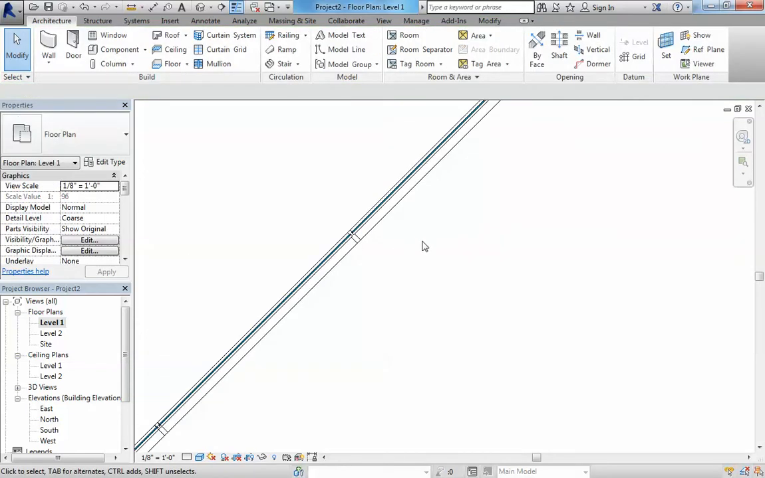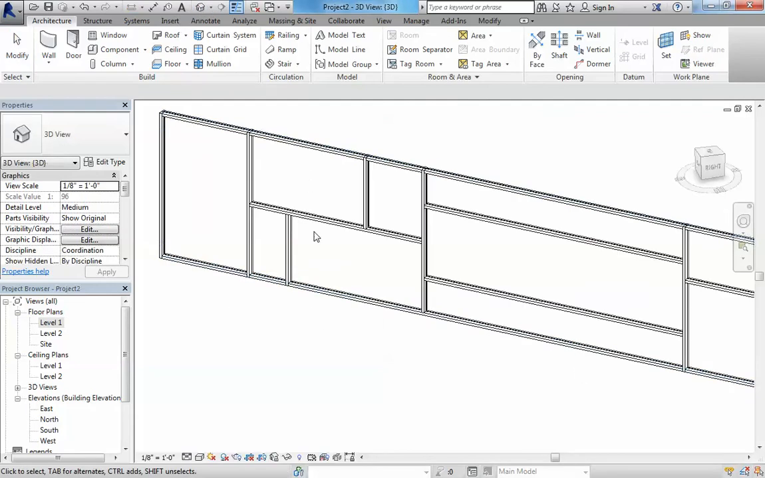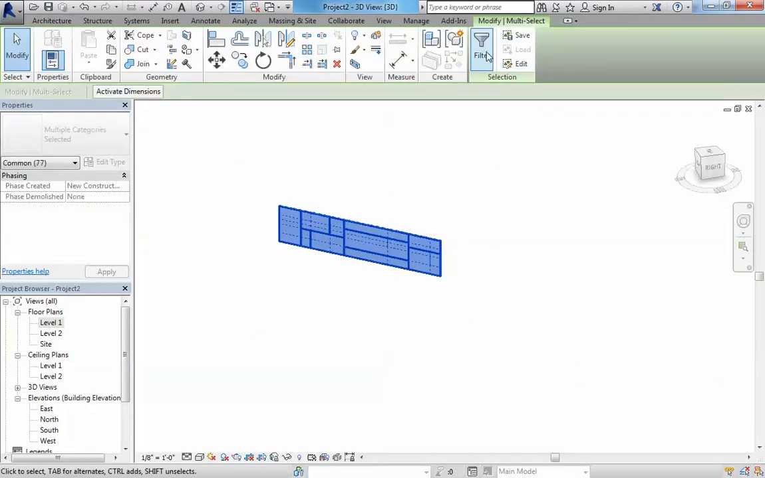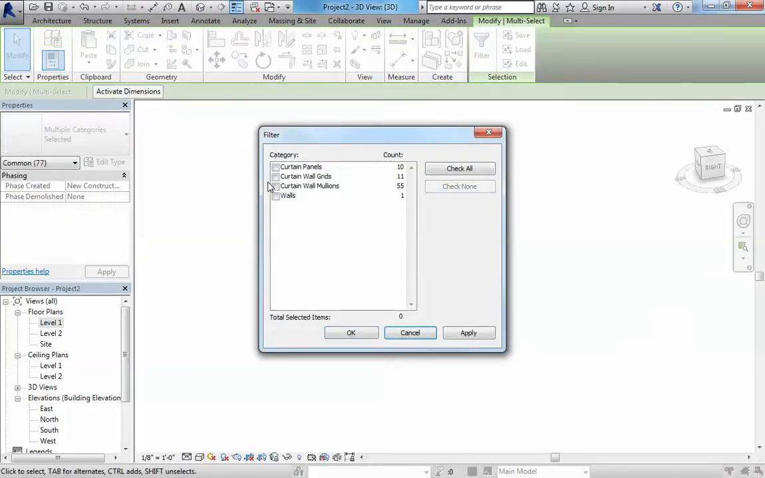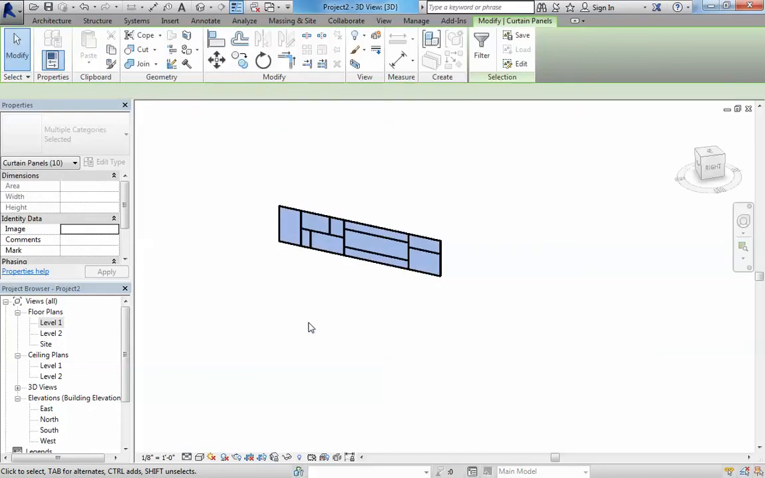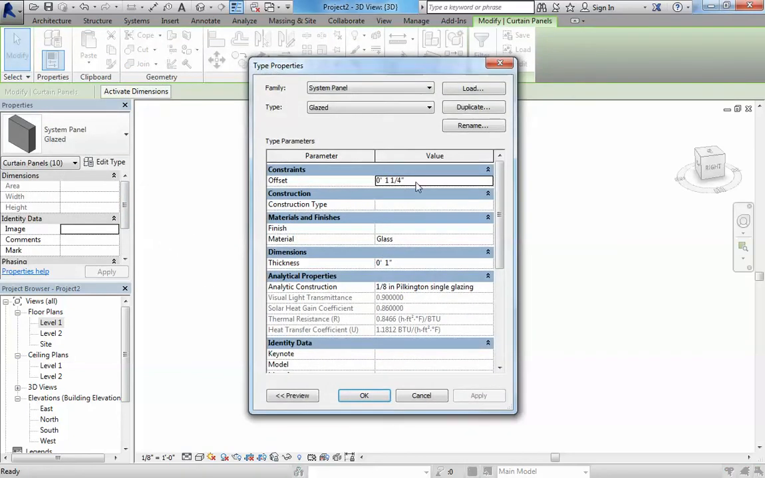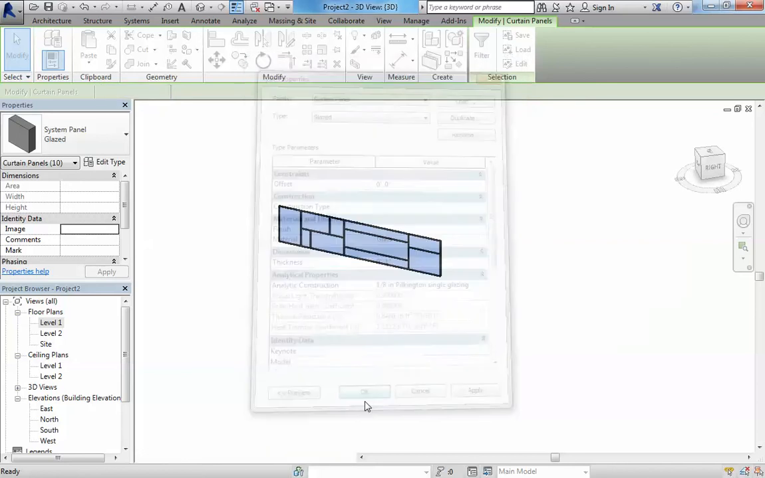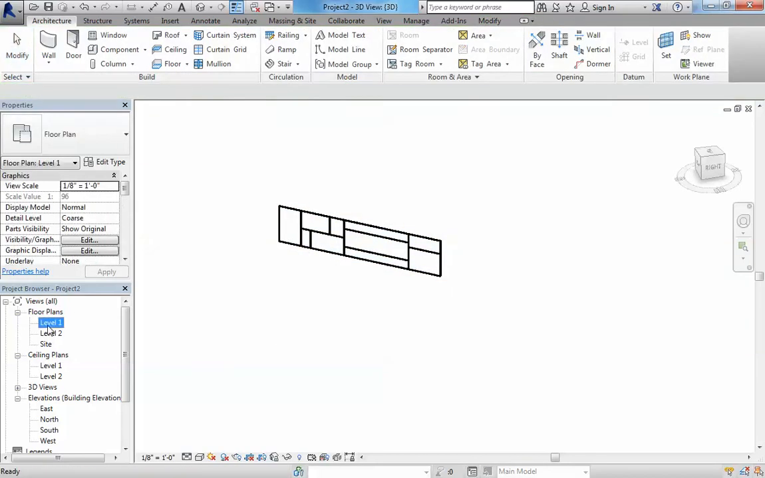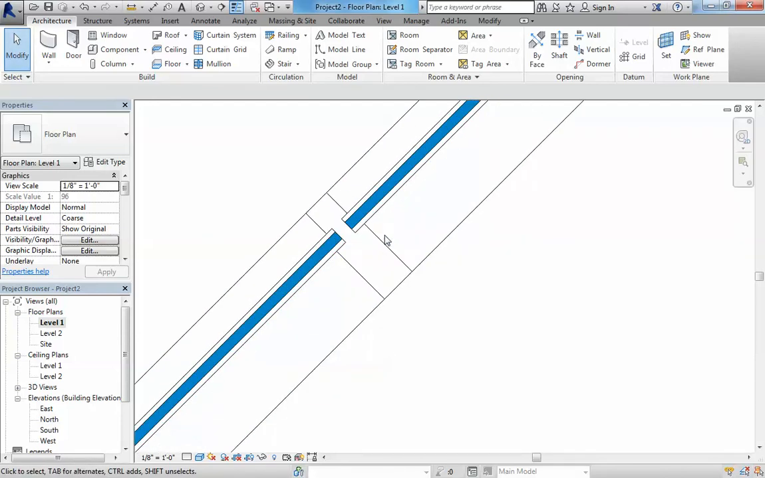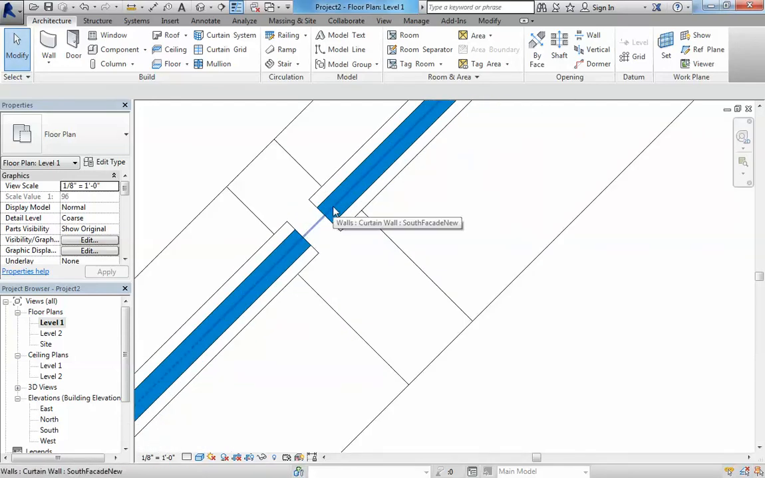Well, the idea is that if I select all the panels, so I'm going to use the filter, and I'm going to select only the panels, and I say edit type, they actually have an offset by default. So you might want to have it as 0 if you want to have that offset eliminated, or what you could do is incorporate this offset to the design of your mullion. No? So I'm going to just make it 0. I'm going to go to the plan again, and now the glass is exactly center,